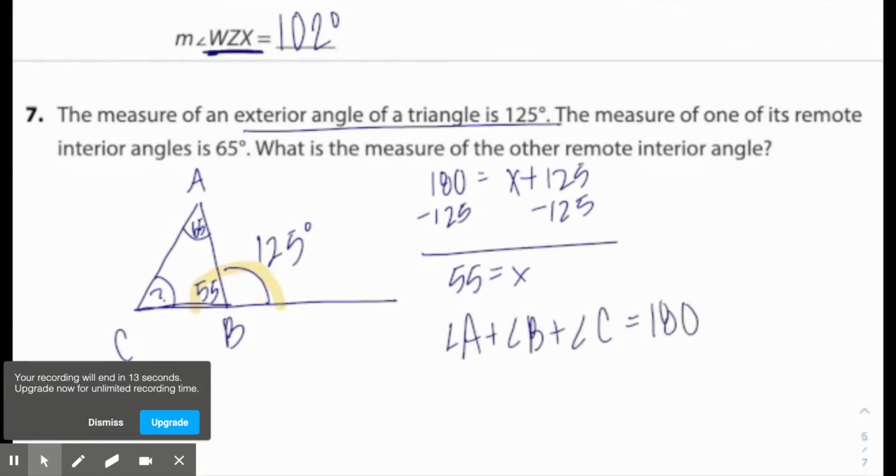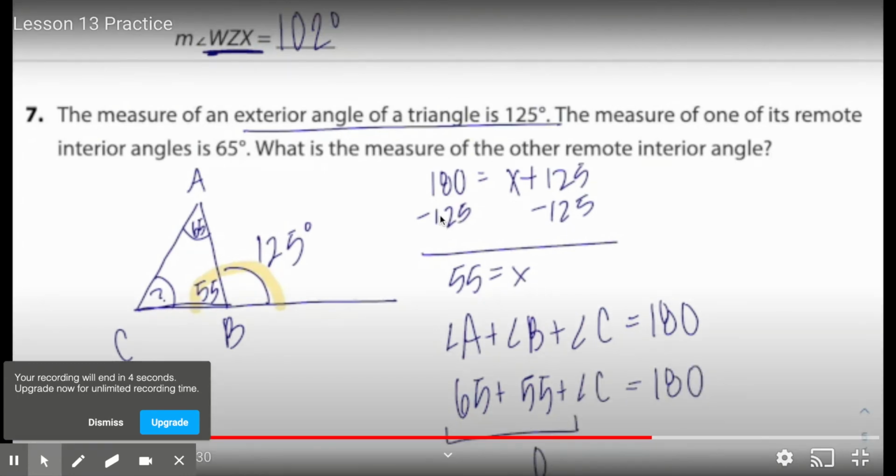Now I know that A, B, and C, the angles of the triangle, equal 180. So I'm going to add those up, substitute in, and subtract so that I can solve. Once I simplify,